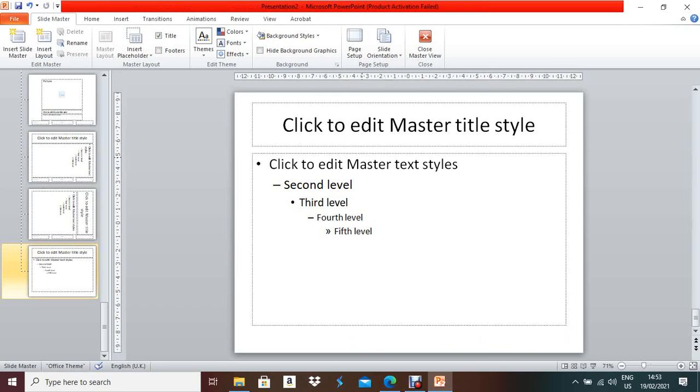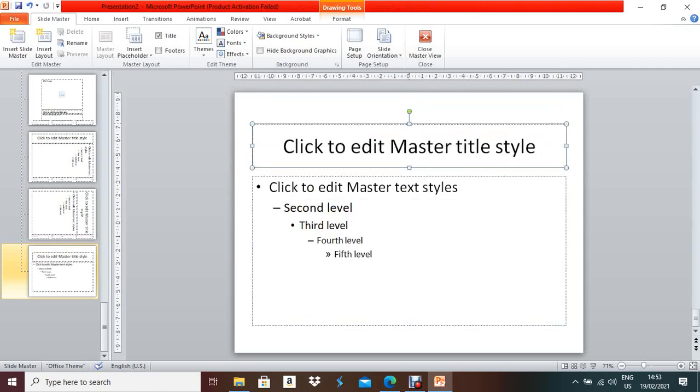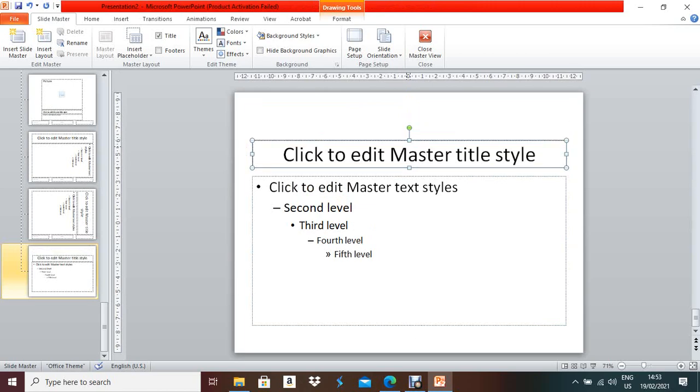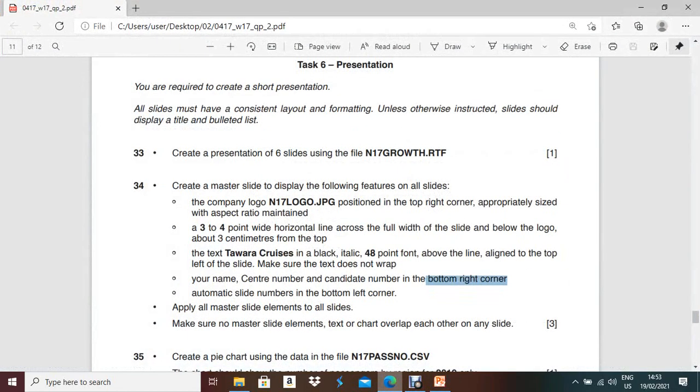So now you have to keep some space for your logo. According to the question paper, you have to keep the logo, right? Now what is the name of the logo?